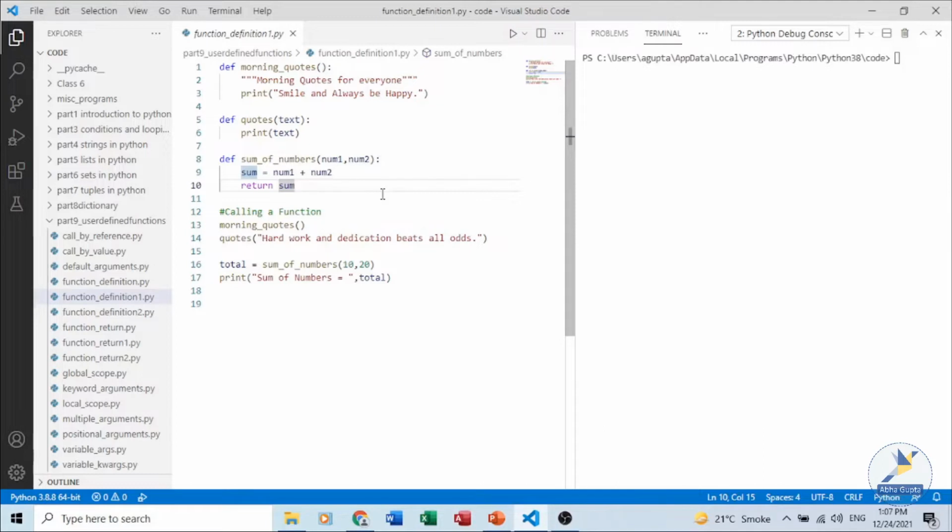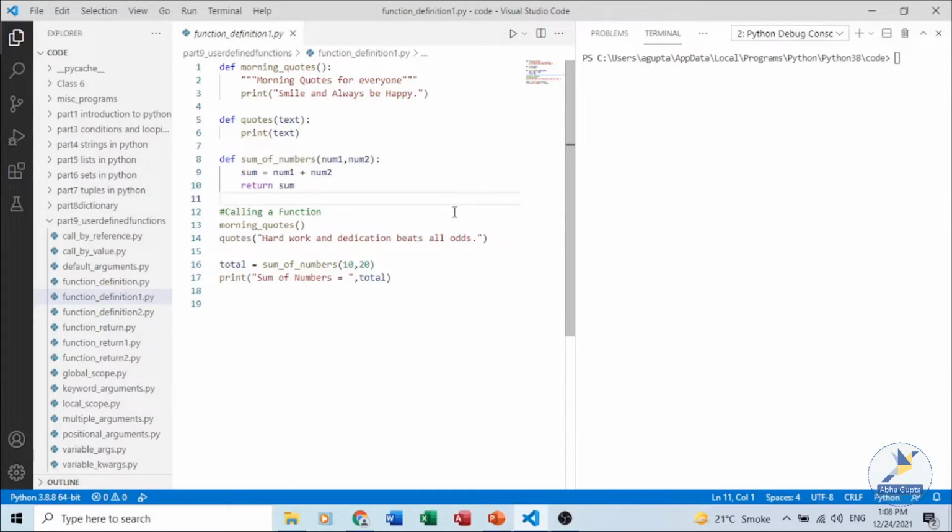Once a function is defined, to execute that function, we call the function. In a program, the function definition should always be present before the function call, or otherwise an error will be generated that the function is not found.